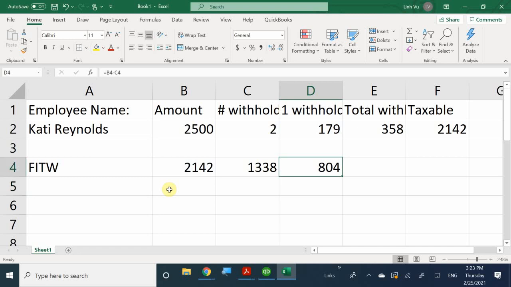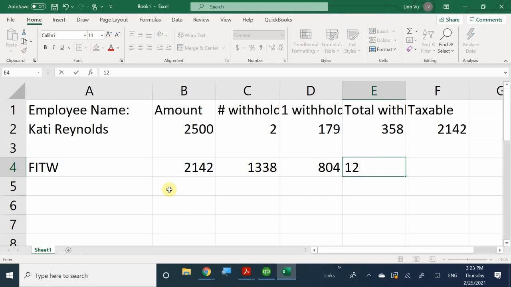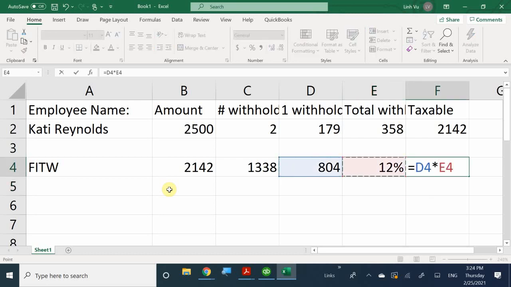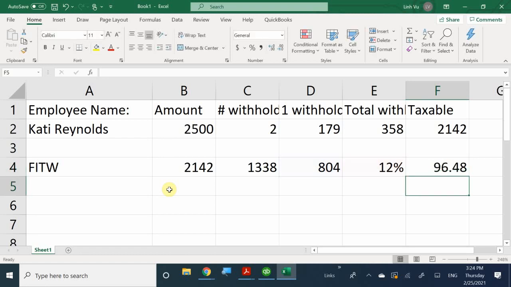This amount is going to be multiplied by the 12%, because it's in excess of what you've earned. So this money is going to be taxed at the 12%. So what is 804 times 12%? Gives you